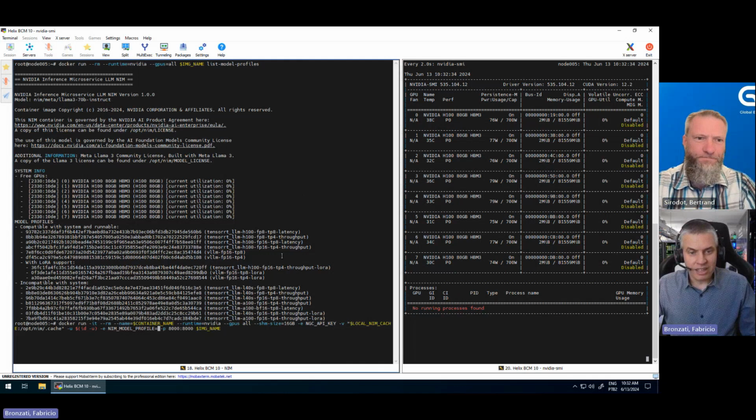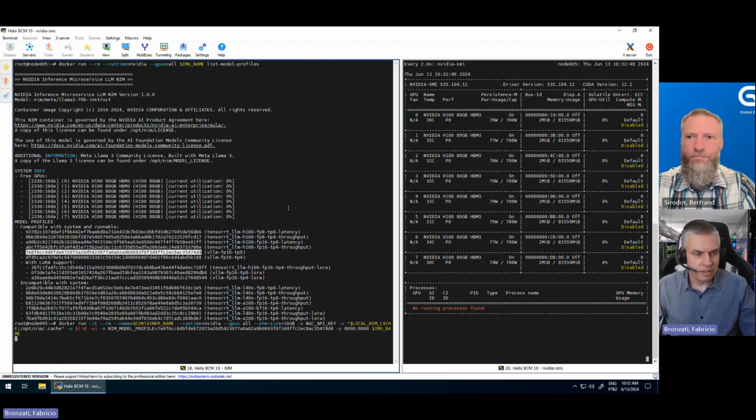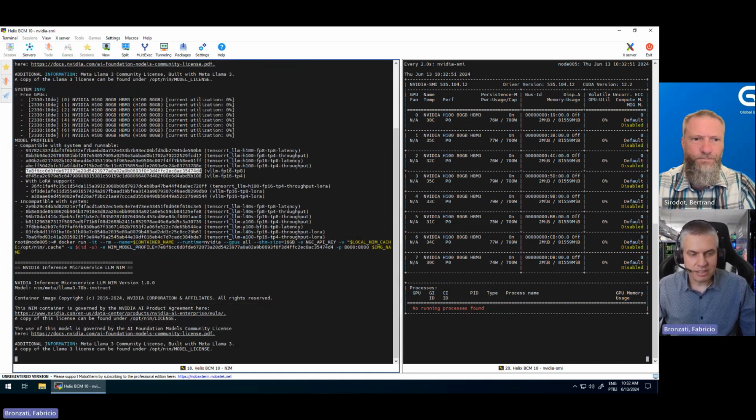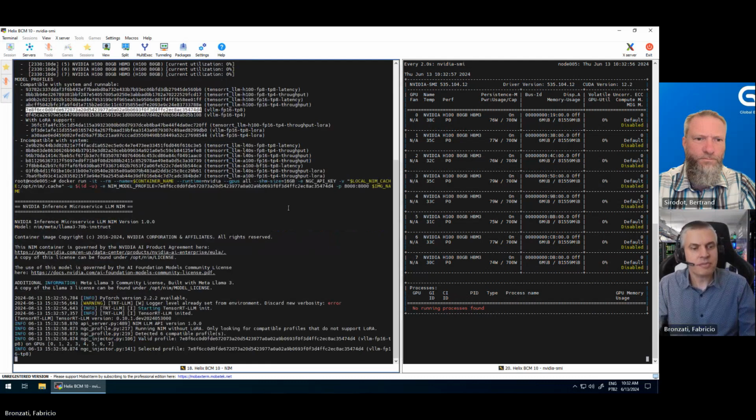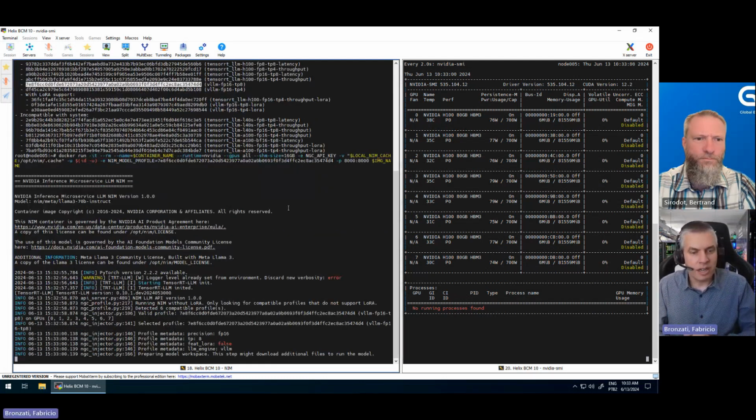100%. So, for example, if we want to test vLLM, I can add this parameter here, put the ID of the configuration, and run. That's it. It will understand that I want a specific version or a specific profile, and will deploy.